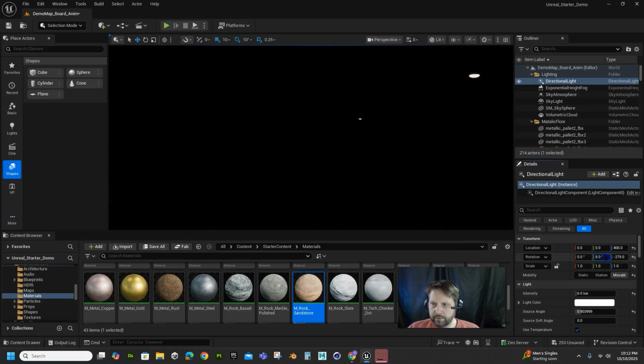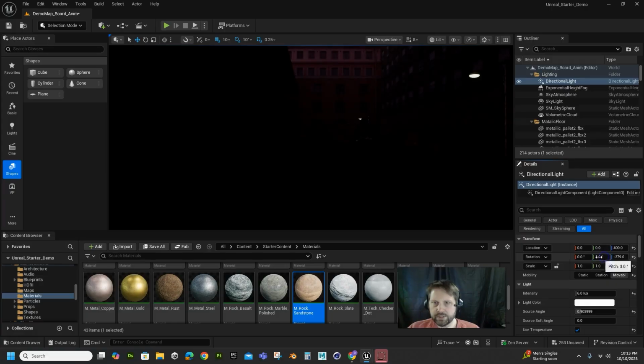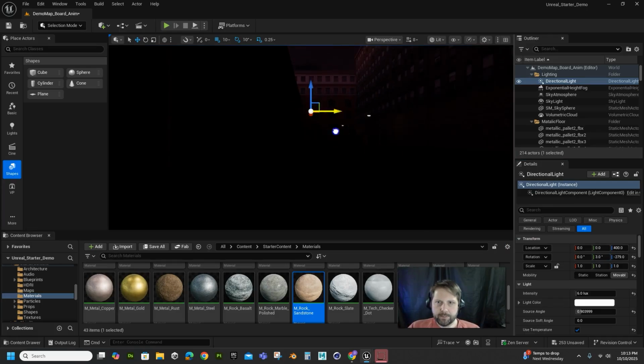I'm just going to dial it in. You've got to kind of find the right angle on these. And actually that looks cool for what I want to do. I just want a little bit of light off in the background there. Now the other thing that I'm going to do here is I'm going to actually